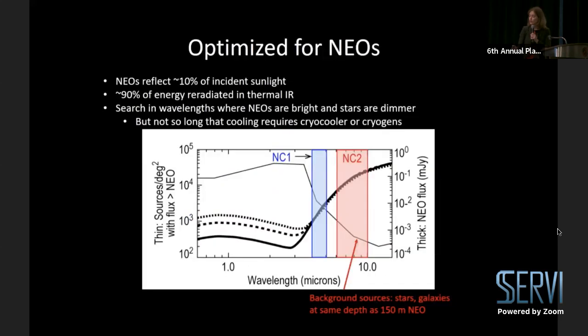So again, searching with the two wavelengths where the NEOs are intrinsically very bright, right here, most of the light is coming out in IR. These are 3 different albedos ranging from low, medium, high, but also at the wavelengths where the stars of the same background depth are starting to fall off. The sky in these wavelengths is really quite blank, actually, except for asteroids. So it works really well. And we'd like to have longer wavelengths, but again, NeoCam's a bit of a compromise. We're searching in wavelengths where this asteroid is bright, but we don't need to cool the telescope so aggressively that it becomes really difficult.